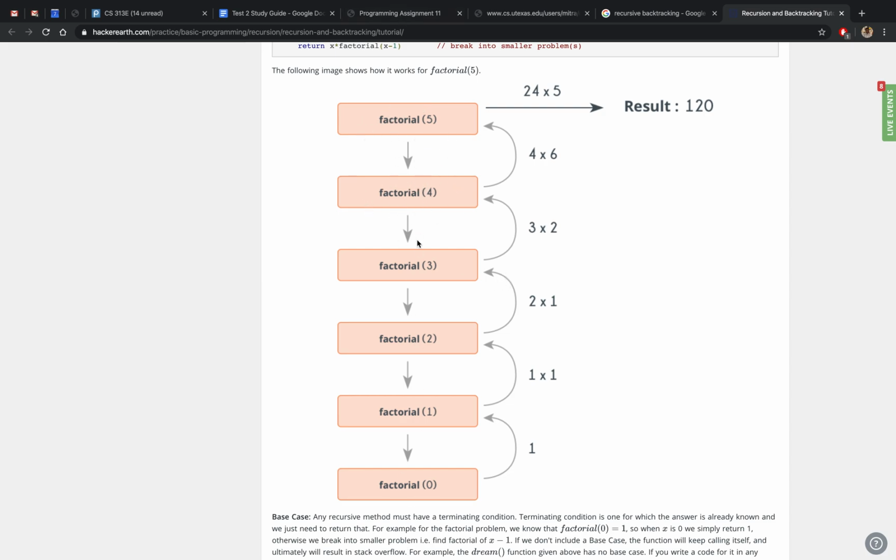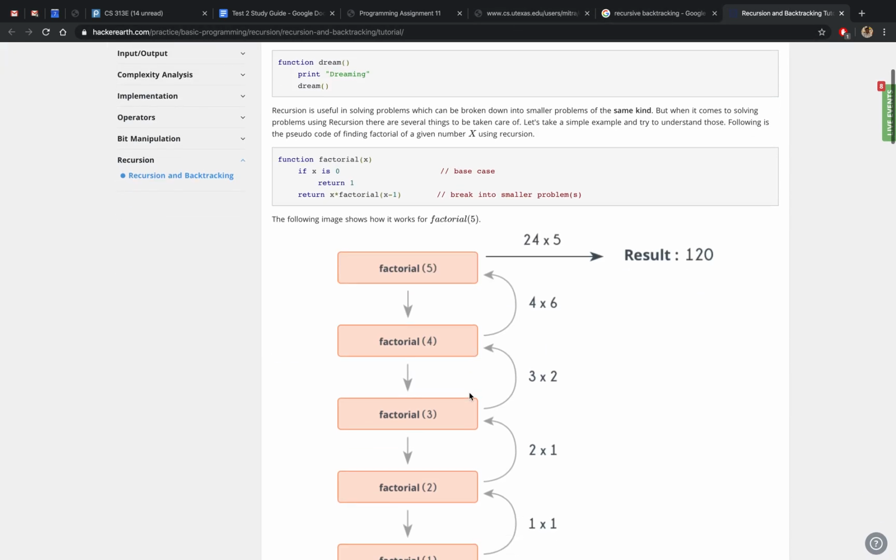And every time someone new asks a new question, like someone comes along and says, okay, I want to do factorial 6 now, then you can use the past answers to get your factorial 6. That's the whole idea. And so this could be very, very helpful to speed up your program, because otherwise, if you want factorial 6, you'll have to do this whole thing all over again. You know what I'm saying? And so that's the whole